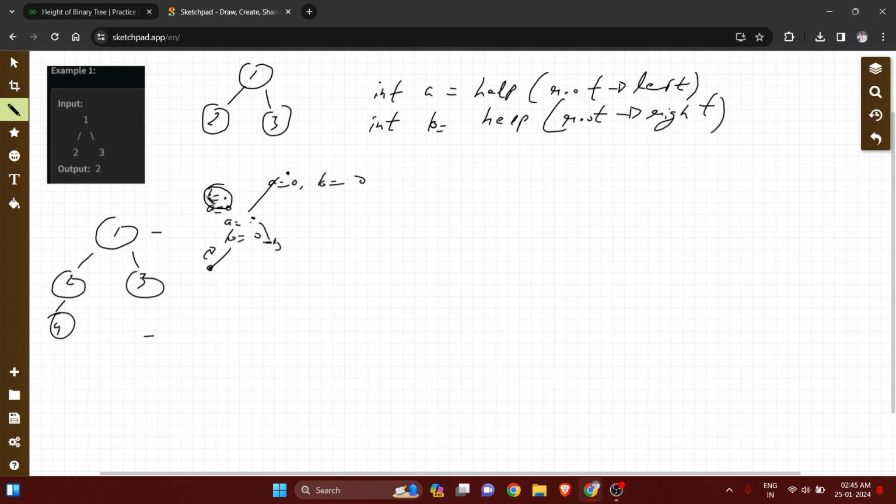We will take the maximum of both these two. So maximum of 0 and 0 is 0. Then we will include the current node, that is 2. So we will add 1 and then we will return. Then there is 1 in A. Then we'll call for the right, and there is 3 in right,